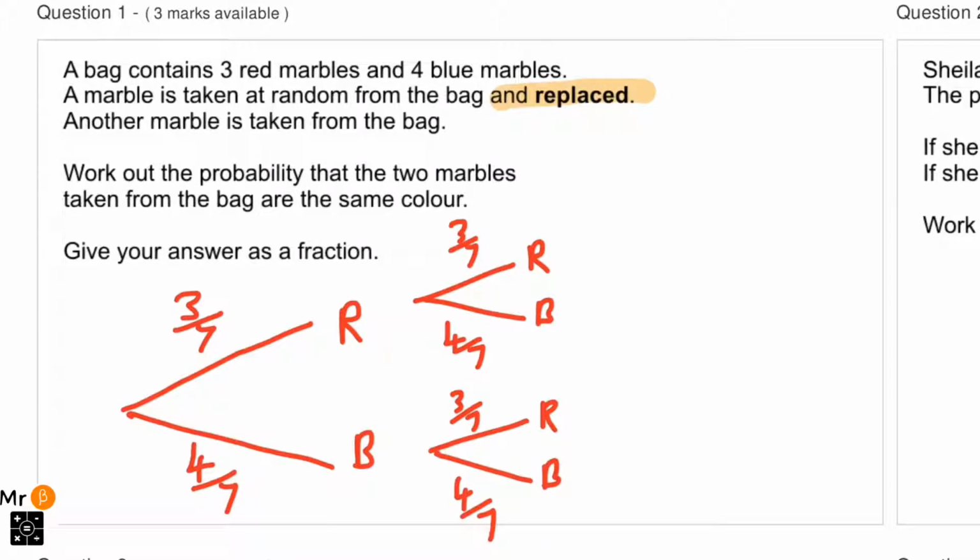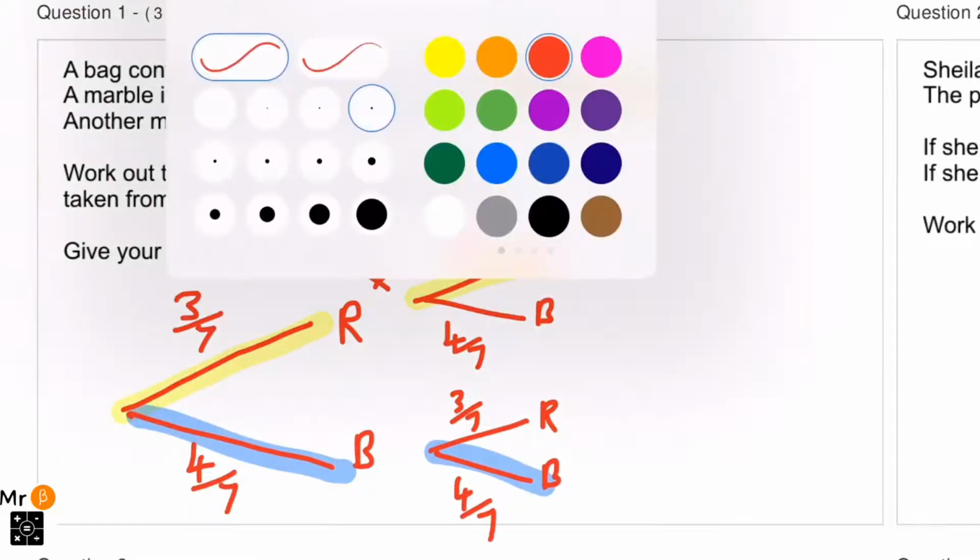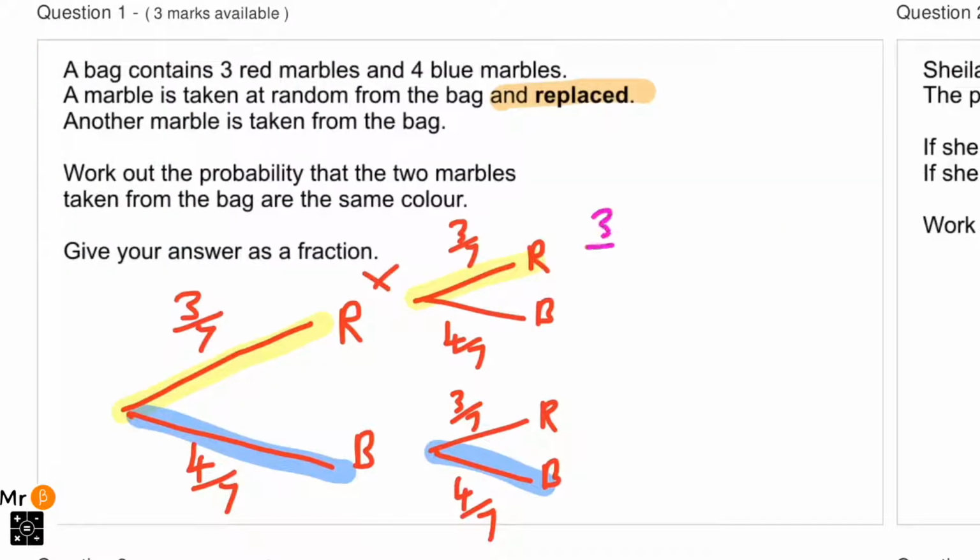Now that we've drawn our tree diagram, we can use it to work out our probability. So it wants to know if they're the same colour. There are 2 different ways of doing this, and that is getting either a red and a red or a blue and a blue. We can work out these probabilities by multiplying them together. So 3/7 times 3/7 is 9/49, and 4/7 times 4/7 is